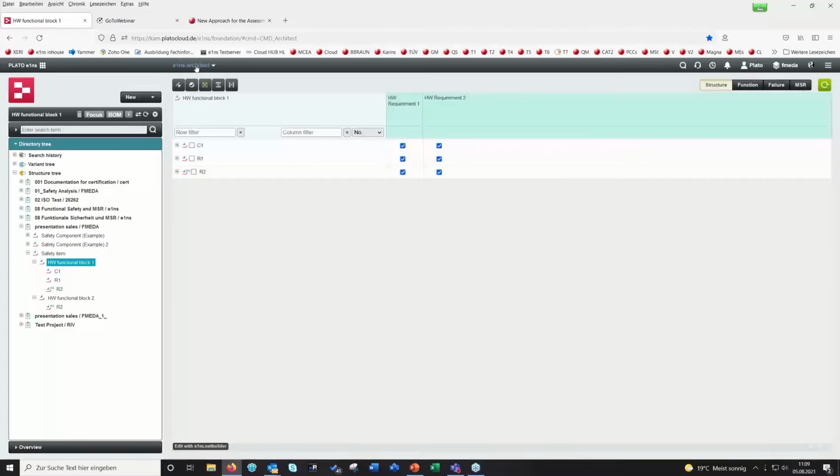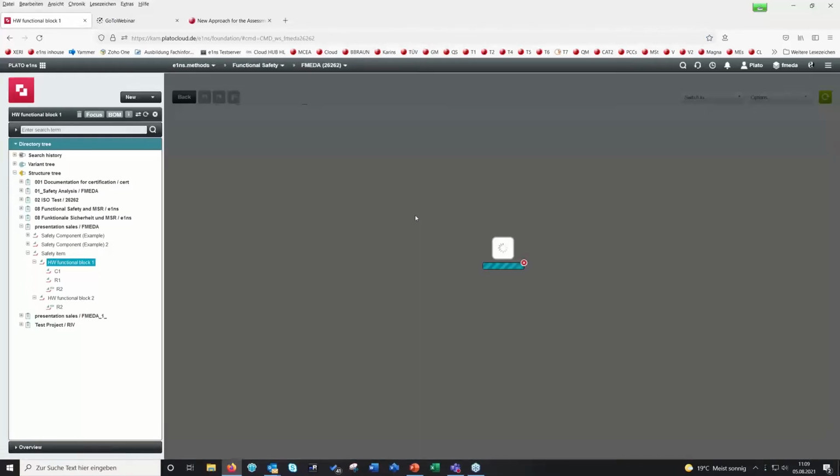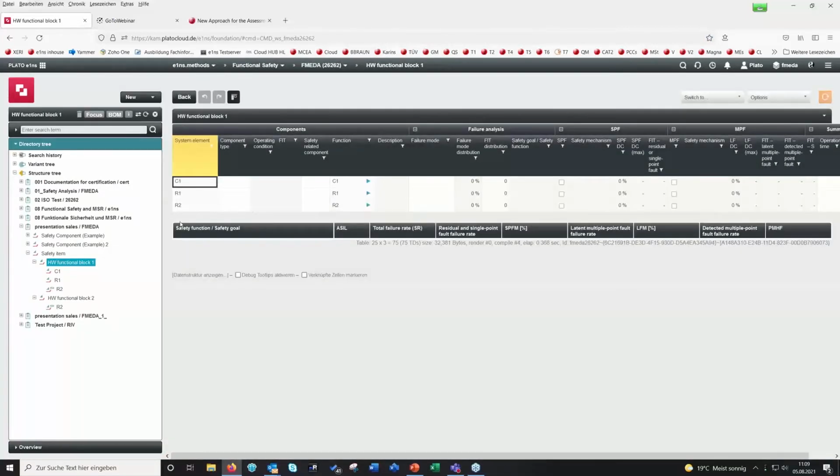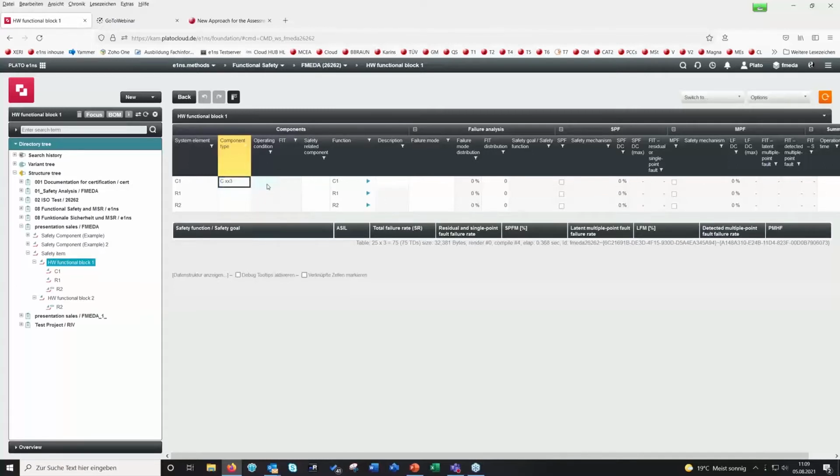For this, we will go to our FMEDA form. It's not the requirements, it's in the functional safety. And you can see now here you have the subsystem elements. So these are the hardware parts of the functional block. In the beginning, you can see there's nothing inside the FMEDA form. You have to select the component type, which part or which type of capacitor you have. So I have just created one in our